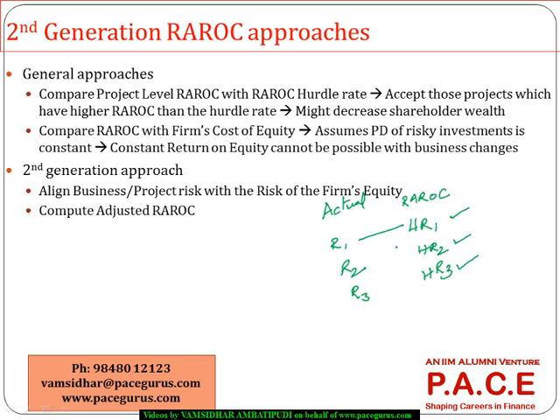Now the comparison is with the hurdle rate. So if in this case and this case the actual is greater than the hurdle rate, these two projects are accepted, whereas this project is rejected, which means